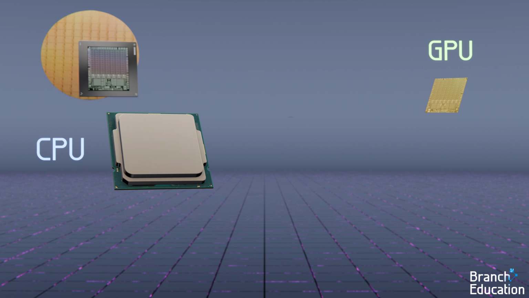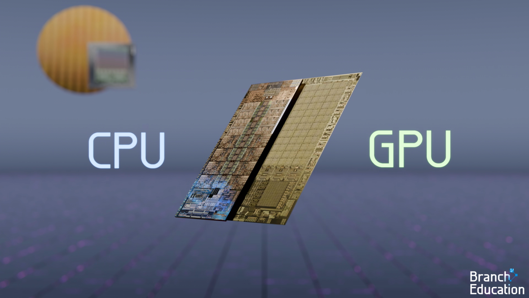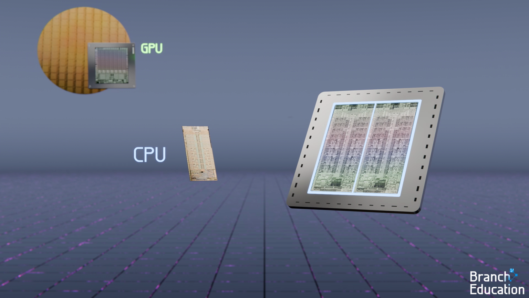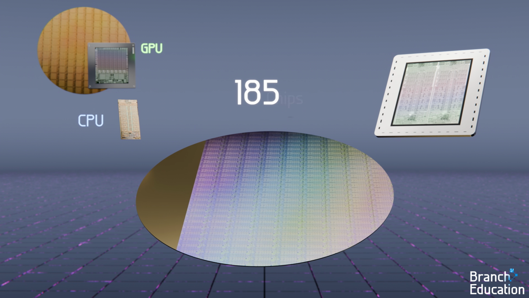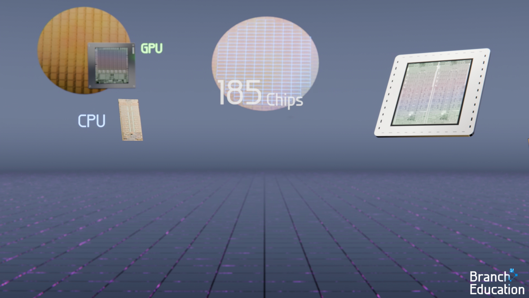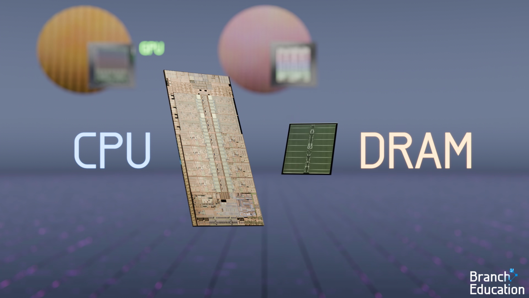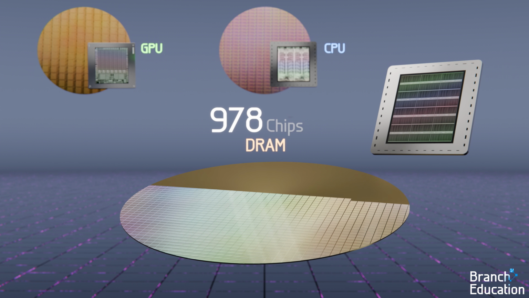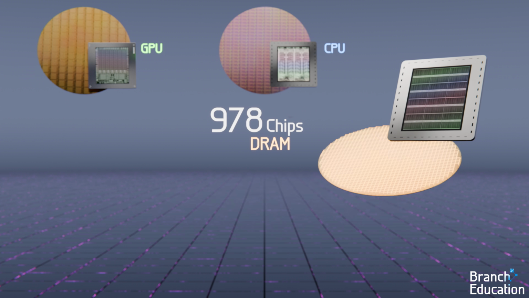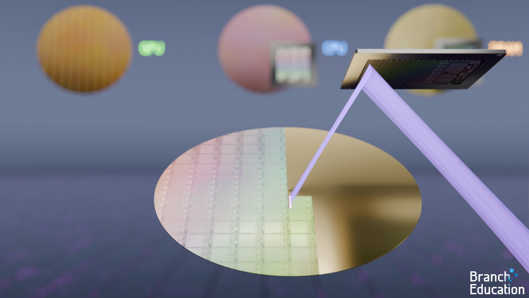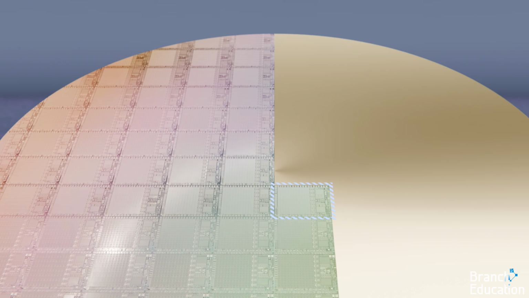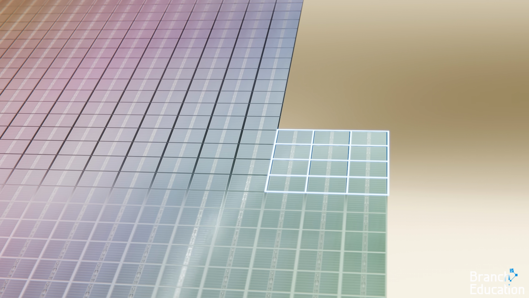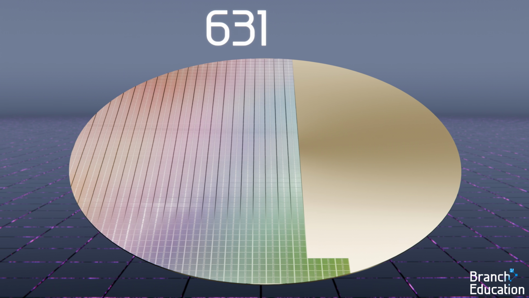However, CPU chips are typically smaller, and therefore, in the following example, we can fit 2 copies on the mask and a total of 185 chips on the wafer. When we look at even smaller DRAM chips, 12 copies can fit on the mask, yielding 978 chips on the wafer. Technically, the exposure field is 1 scan of the mask onto the wafer, and an exposure field can have anywhere from 1 to a dozen or more die patterns on it, yielding around 100 to 1,000 or more chips